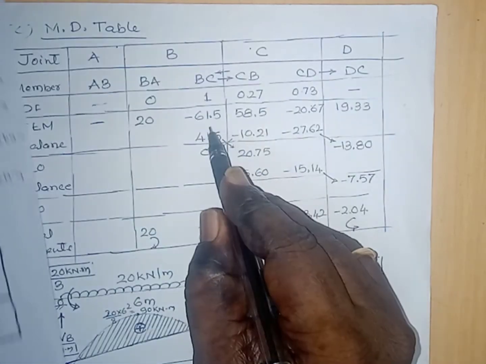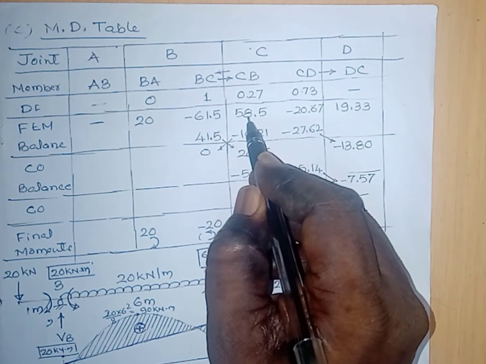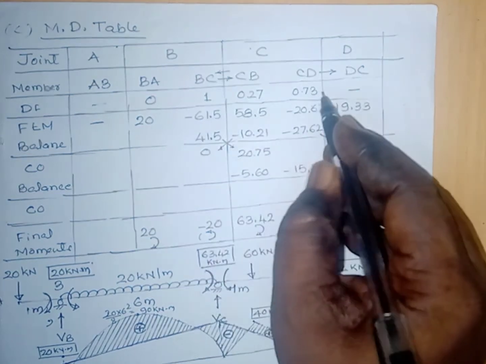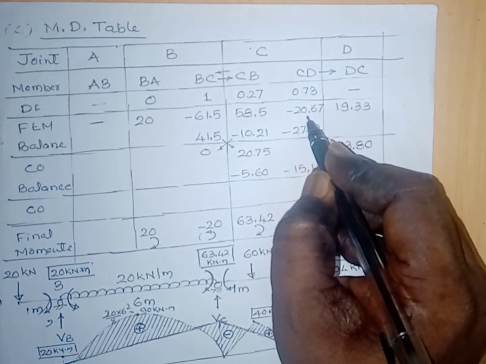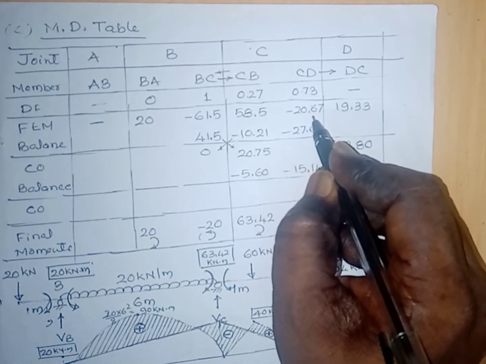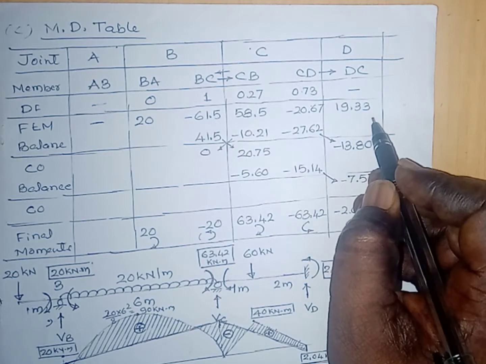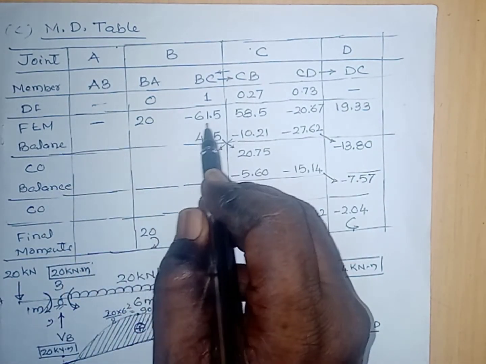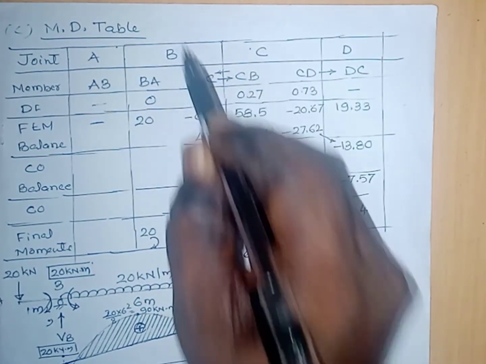And then MFBC, that one is minus 61.5. Then MFCB, that is 58.5, due to the load as well as the sinking of the support. Here MFCD, due to load and sinking of the support, is minus 20.67. For this one, that is 19.33. After writing the fixed end moments for the spans, by observing this joint B, two members